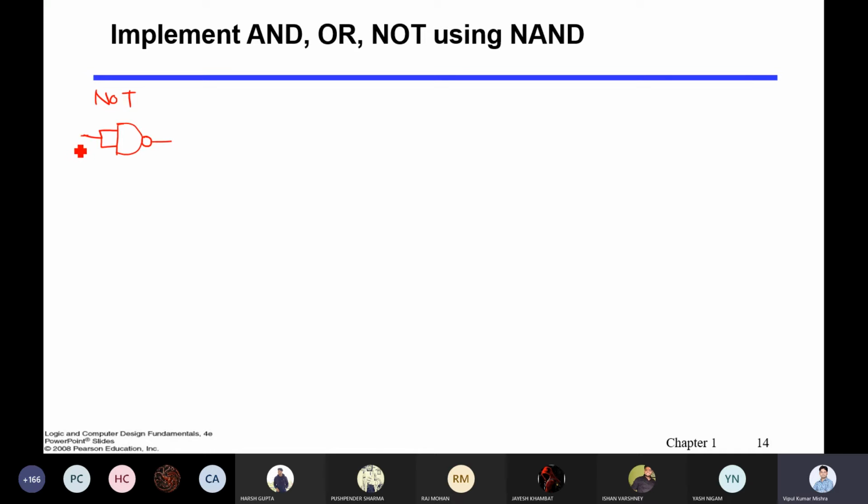So here we are passing, let's say, x. x dot x, you will get as the output of AND with a bar on the top of it. What will be x dot x? It will be x, you will get a bar, so the final output will be x bar. So with the help of the NAND gate, you can make a NOT gate here. Just pass the input here and it will replicate, or you can say it will reverse it at the output. So you'll get a NOT gate.